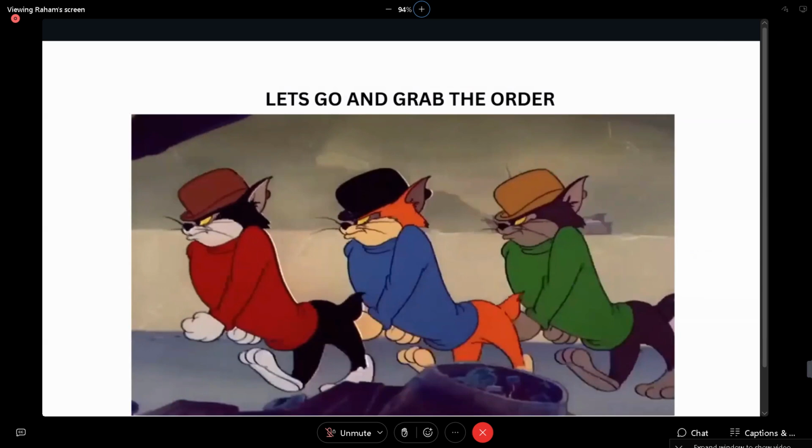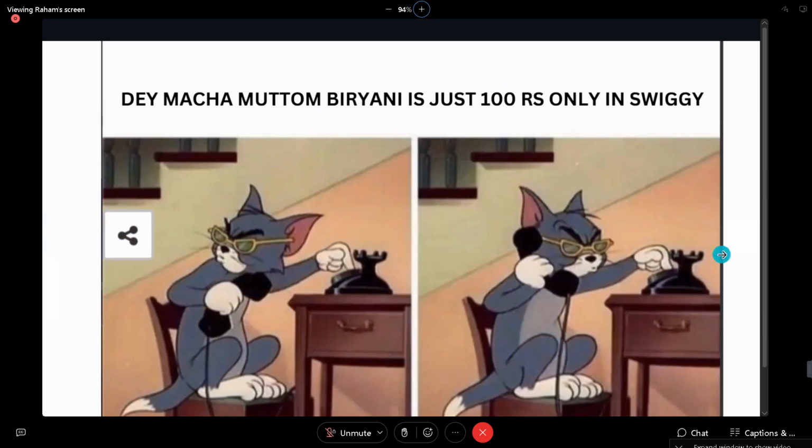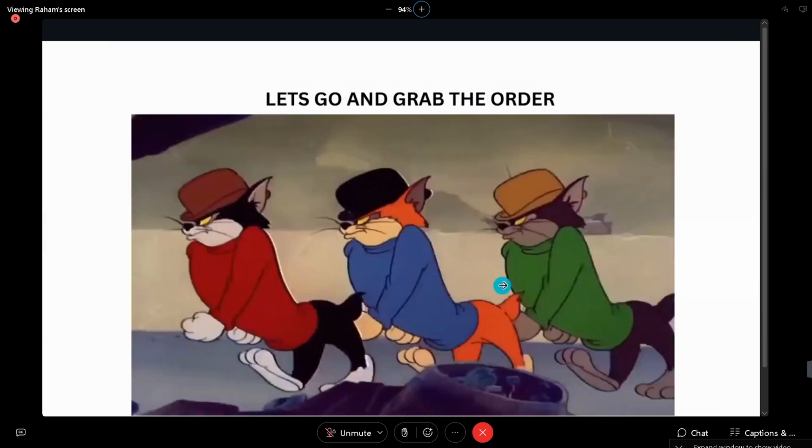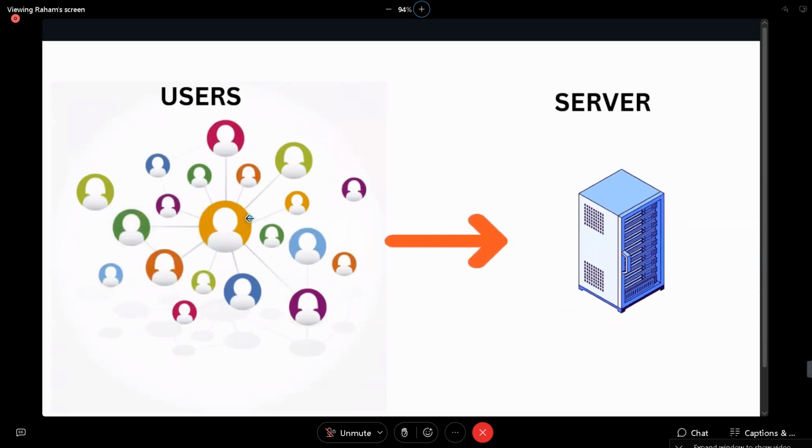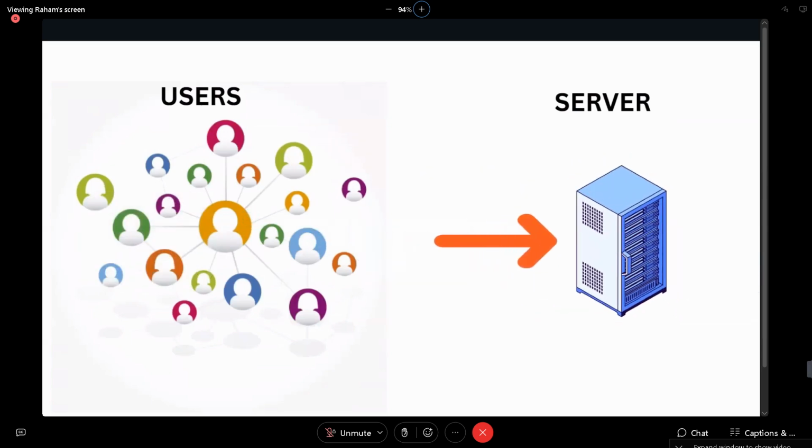Correct or not, sir? Am I correct? Definitely. Why? Because we are all kind-hearted people. Once we get the benefit, we think our friend also needs to get the same benefit. So you send this news to only 3 of your friends, and these 3 friends send it to 100 people already. So if hundreds of people are going to order biryani from Swiggy, ultimately